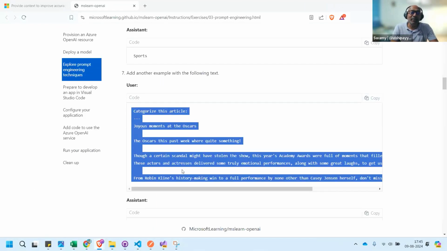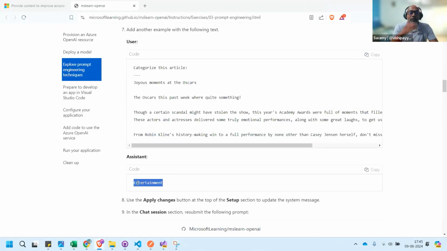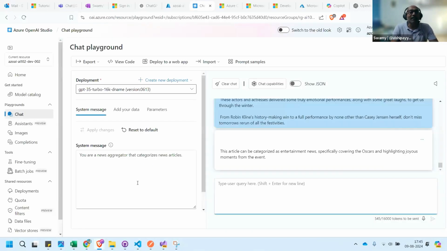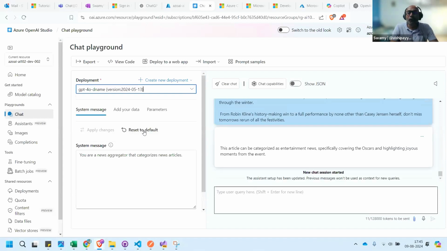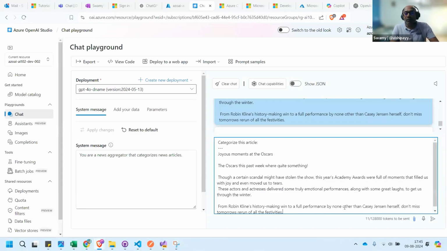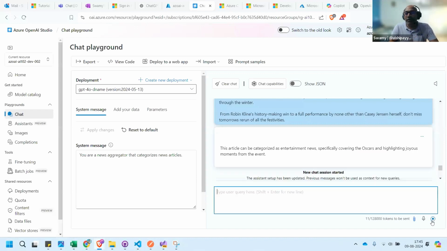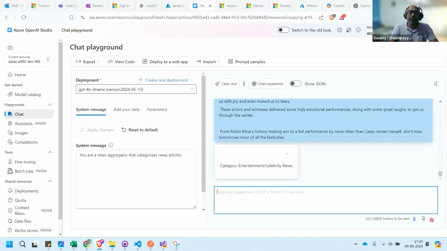So previously, maybe it might be giving a short answer, because now these models are very, very powerful, and we can try that with the 4. This might be backfiring, I don't know, because I just deployed it 3 hours ago.